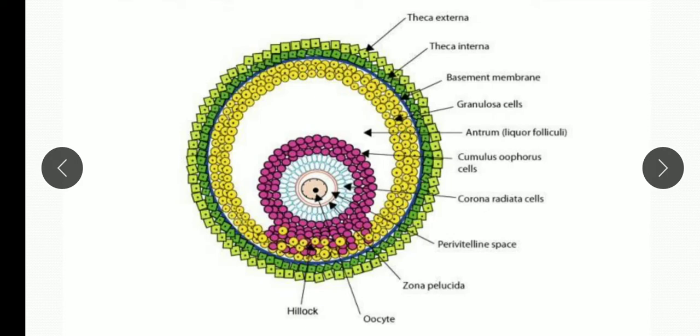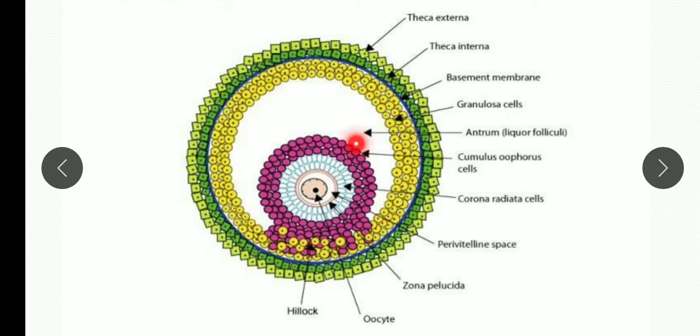Now the primary oocyte here is still diploid, because after this, when development takes place, it will undergo division. The primary oocyte undergoes the first meiotic division, resulting in the formation of the haploid secondary oocyte. The second meiotic division does not occur until fertilization. We will discuss that in gametogenesis.